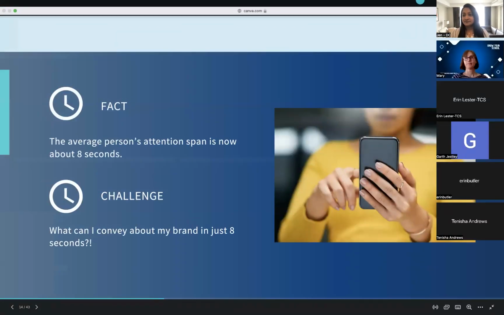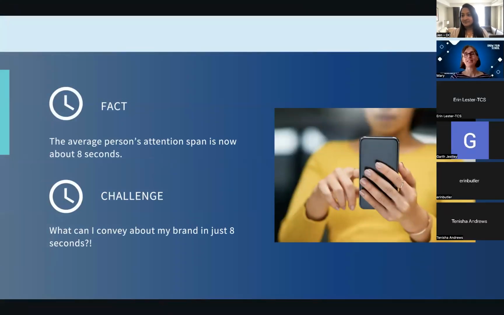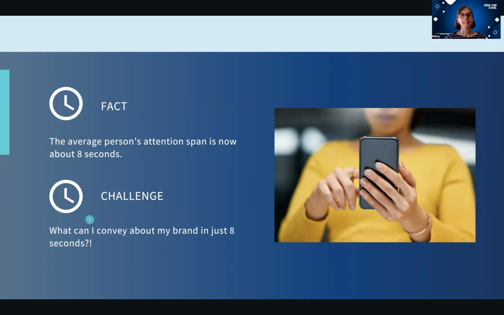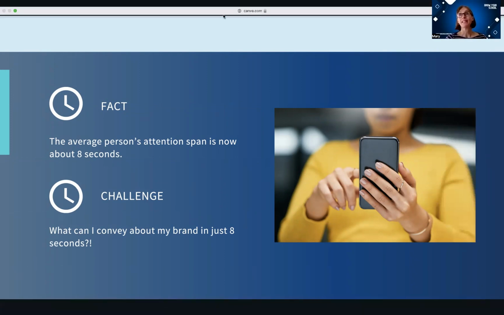All right, great. This is now the nuts and bolts of how we're going to create those different posts. Just to start with a fact, the average person's attention span is now about 8 seconds.